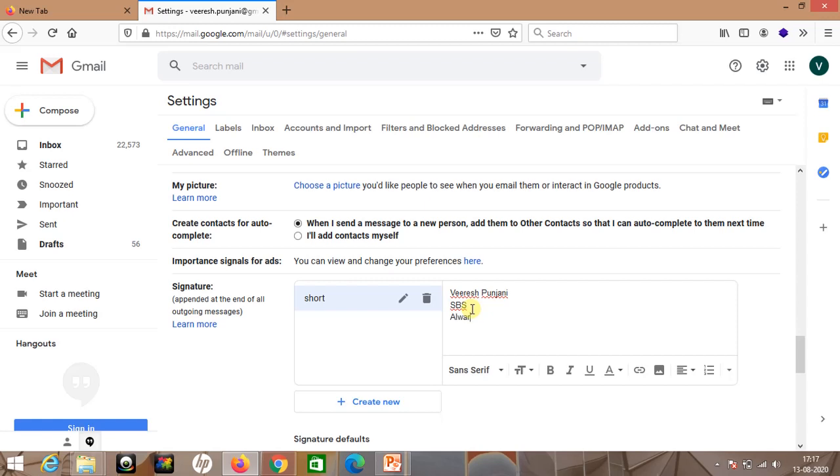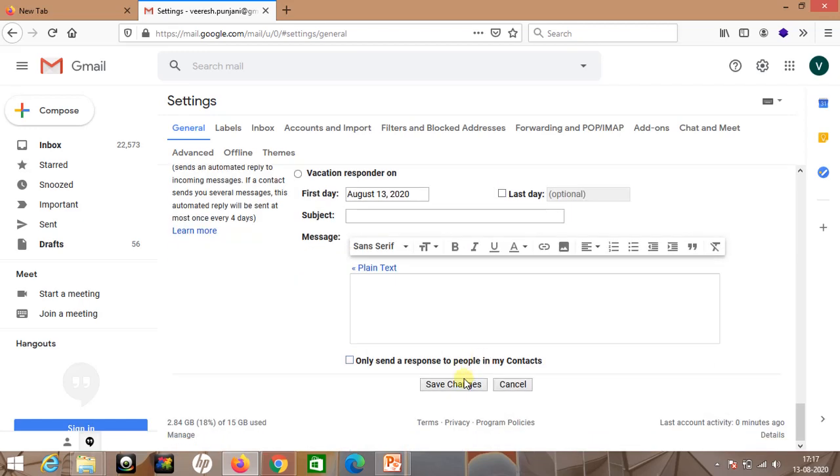I have taken my name, school name and Alwar as the signature. So in the last you have to click on save changes.